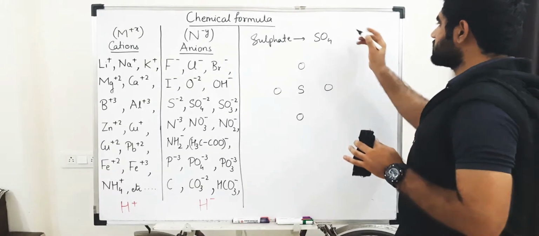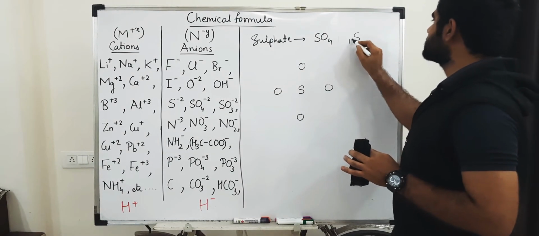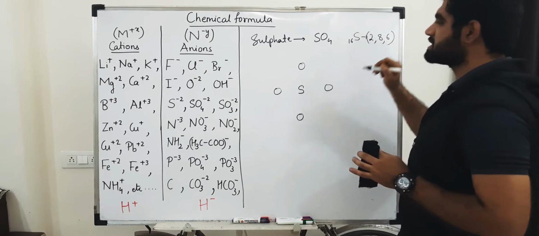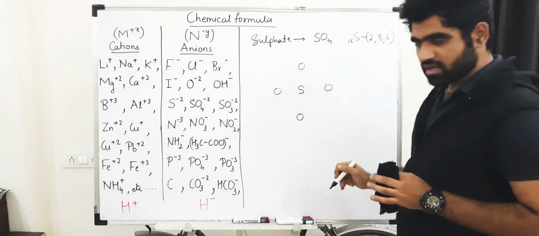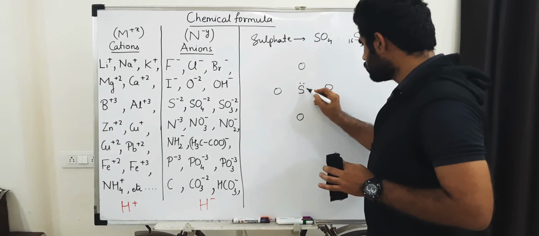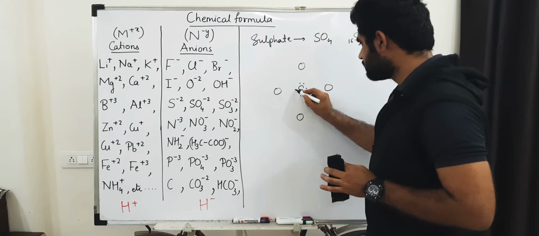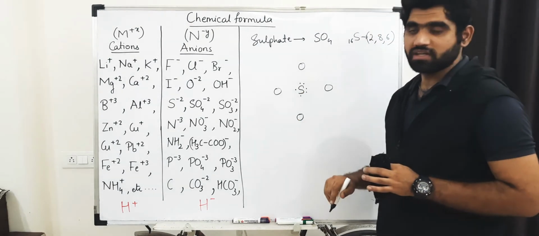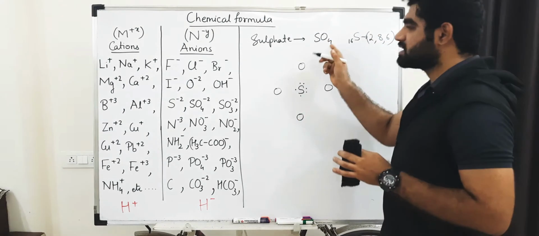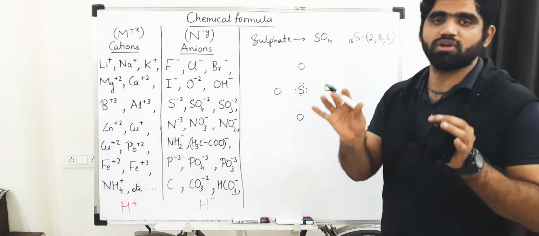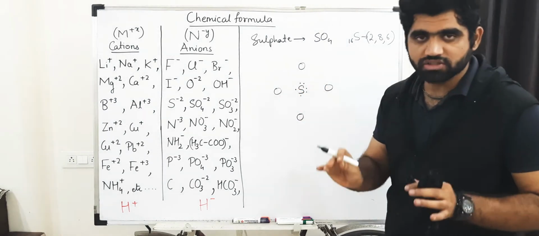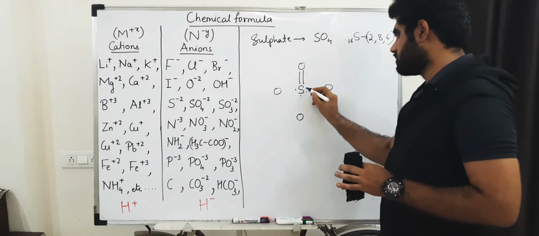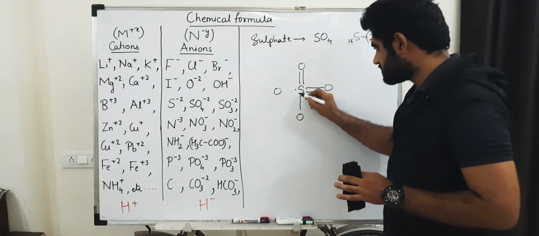Sulfur S has the atomic number 16, electronic configuration 2, 8, 6. The outermost shell has 6 electrons, so it can share 6 electrons, right? So 1, 2, 3, 4, 5 and 6. Now you will observe one thing, I have separated the 5th and 6th electron. What's the reason? The main reason behind this is that it's sulfate, SO4. We already know the formula of the compound. So in SO4, all 4 oxygens should be linked to sulfur. It means this oxygen by double bond, this oxygen by double bond, this by single, this by single.